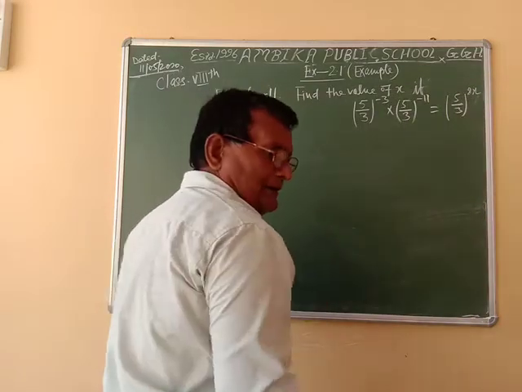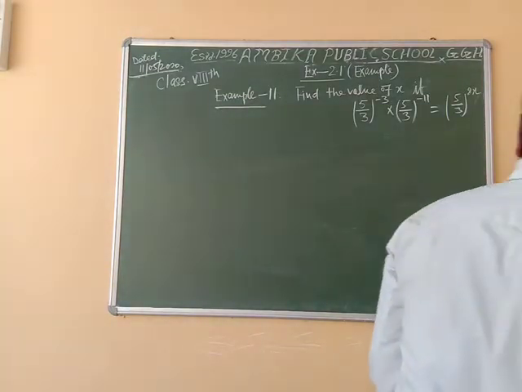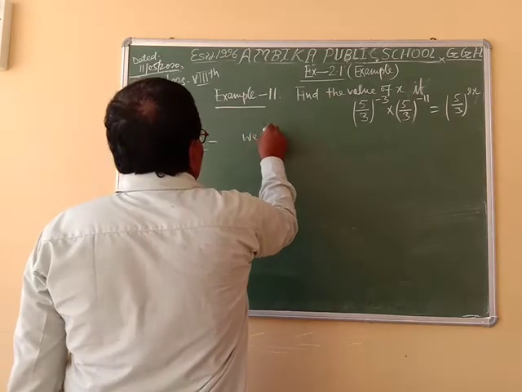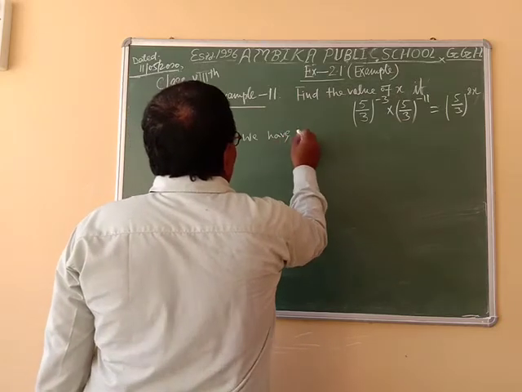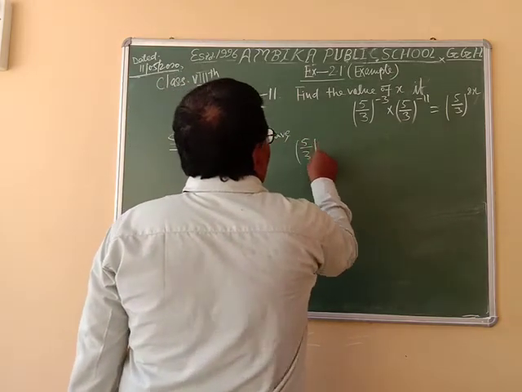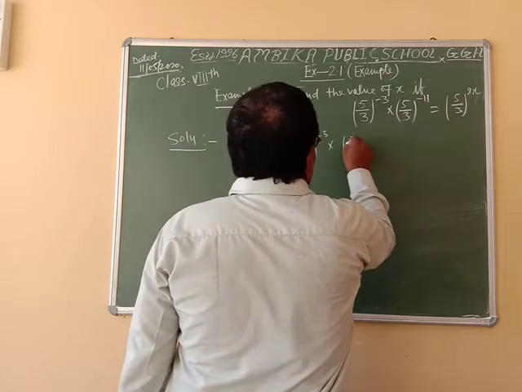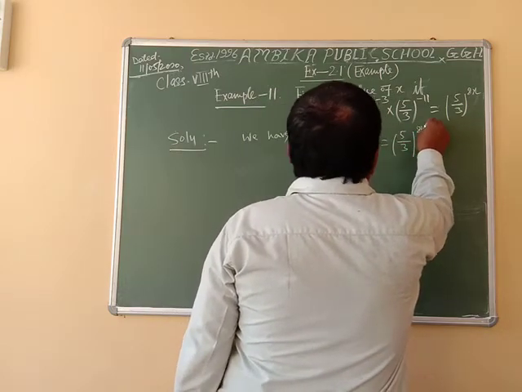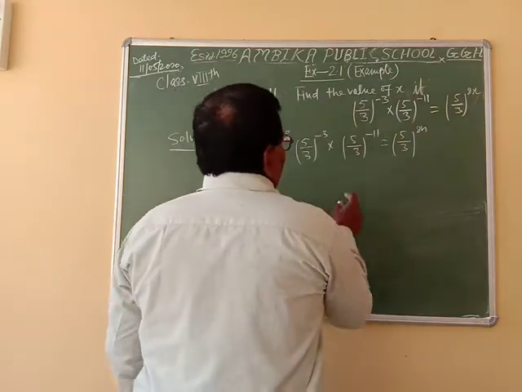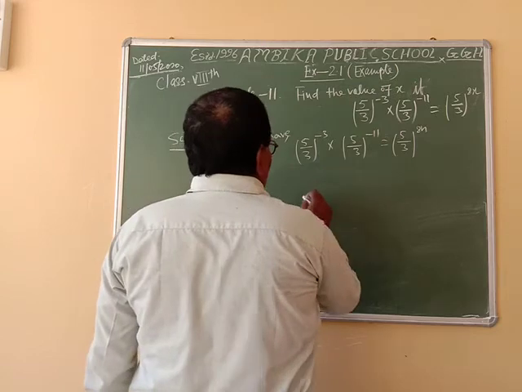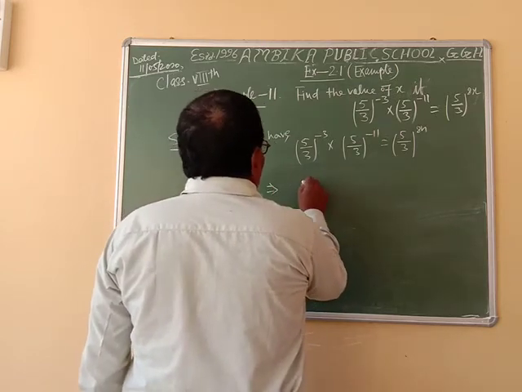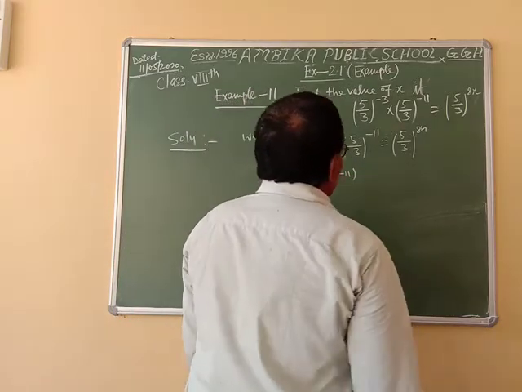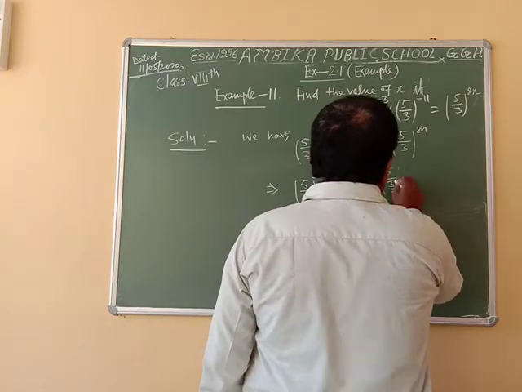We have (5/3)^(-3) into (5/3)^(-11) is equal to (5/3)^(8x). Using the formula,